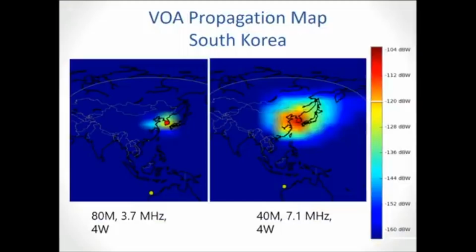And if you look at the right-hand side of here, it adds all that up for you for what the ionosphere and the inverse square law and so forth will attenuate. And so to the left is an 80-meter antenna, 4 watts. This is the Voice of America propagation simulation, during the daytime, with a low sunspot number. So this is kind of a bad case, a well below average scenario. And from South Korea, and if you notice also on the right-hand side at the 120 decibels, that's called the